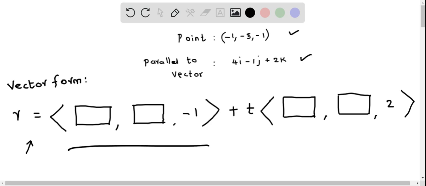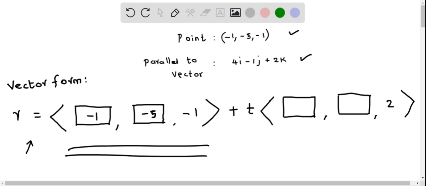We have this first bracket. So basically, we have to put the point into the first bracket. So we put the point. This is -1, -5, and then -1. We already have the -1. So we see that we get -1 and -5 in these two boxes, and then plus t times the